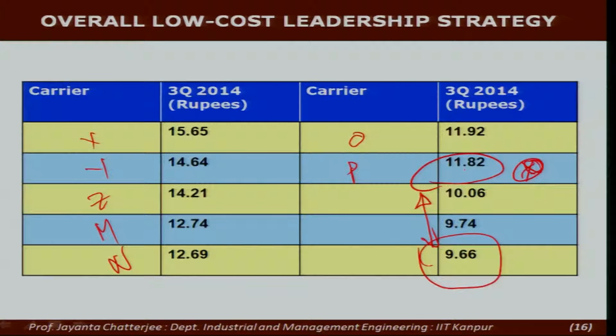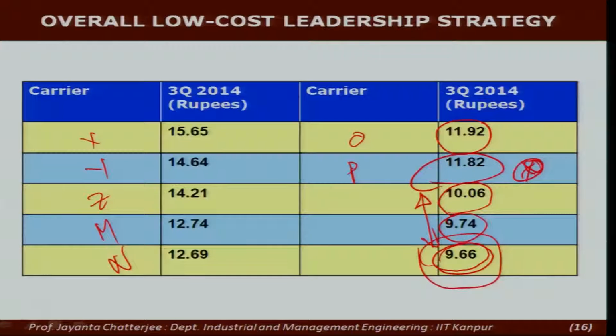In most cases, it is very difficult to manage a very large gap here. If your lowest cost competitor is 9.66, then maybe you can be here, but if you are here, then you are out. That is a very important point in many service businesses, like for example, the low cost, no frills airlines business. If you are in that business and you see that you are unable to reduce your costs below this point, then maybe you are no longer a player in the low cost airlines industry. You then may need to become a full service airline, where your competition will be a different set of people,